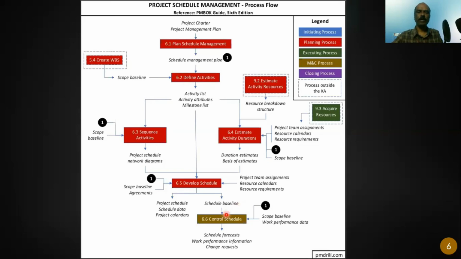And once I have the schedule, of course, after the project starts, I can monitor the schedule based on the schedule baseline. You have a schedule, then you can start executing the project. Some activities you might fall behind, some activities you might be going ahead, right? So compare and find out what the difference is. So that is done in the control schedule process. So this is what is done overall in schedule management.